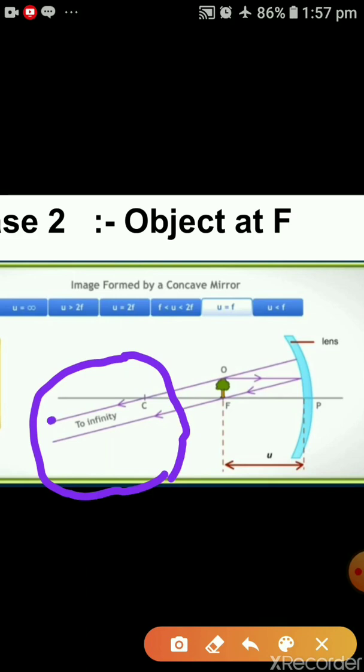And how are they looking? They are looking parallel. So in this case, because the rays are parallel, if they meet, then they will meet at infinity only. So here the image will form at infinity. The position of the image will be at infinity. What type of size will there be? The size will be very large. If the image is forming at infinity, it will be very large, or we can write it as highly magnified. So the size will be highly magnified and the position will be at infinity.